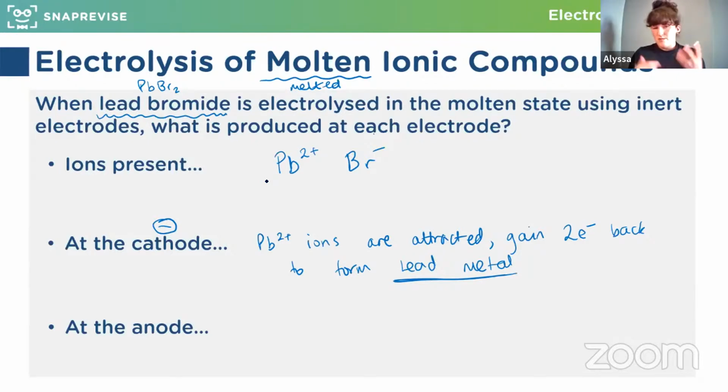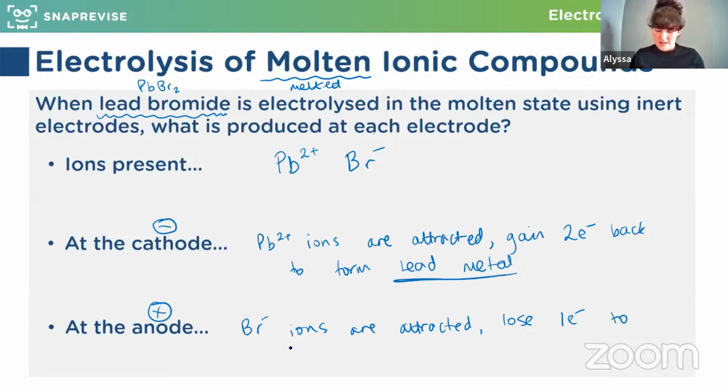And therefore, hopefully we recognize that the other way around, the anode is positively charged, because anions, which are negative, are attracted to it. So the bromide anion is going to be attracted to it. And what's going to form? What forms at the other side? Fantastic, well done, bromide. So our Br minus ions are attracted to it. They have an extra electron themselves already, so they're going to lose that extra electron, and they are going to form